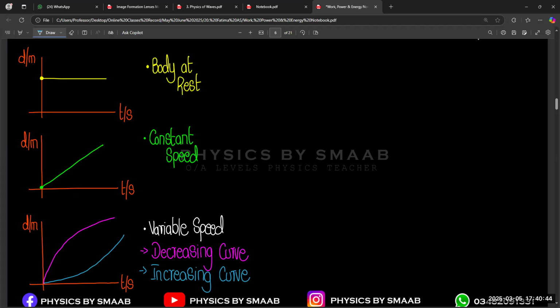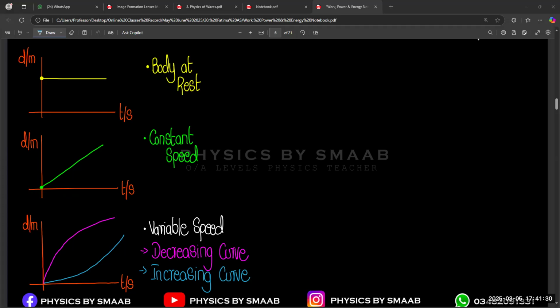The purple line represents that initially the change in distance is very quick in a short interval of time, but after some time it starts to decline. That's why it is called a decreasing curve. And the blue curve represents that initially the change of distance with time is very slow, but after some time it quickly boosts up and starts to move in an upward direction. That's why it is called an increasing curve. In this graphical representation, we are finding the speed from the distance time graph. So is this decreasing speed or increasing speed, right?